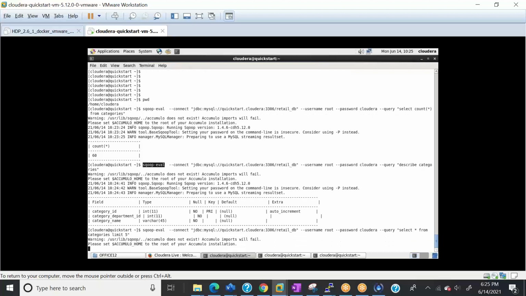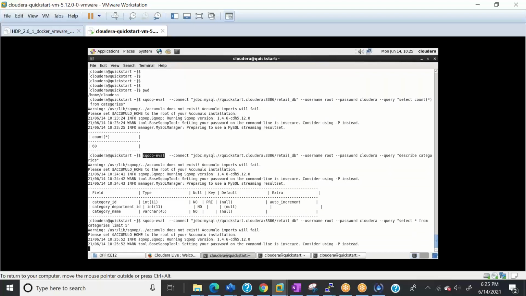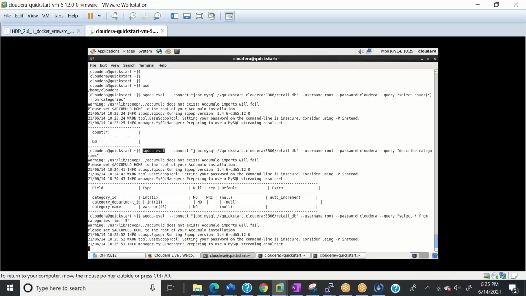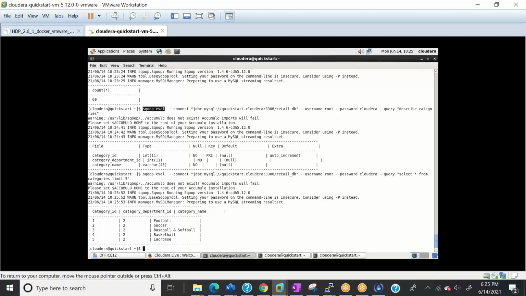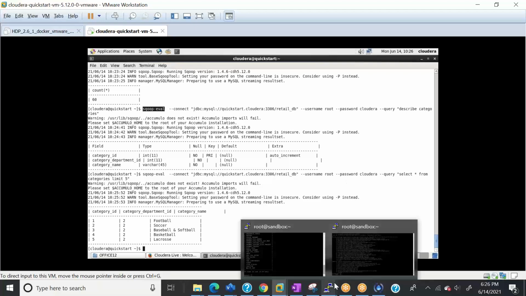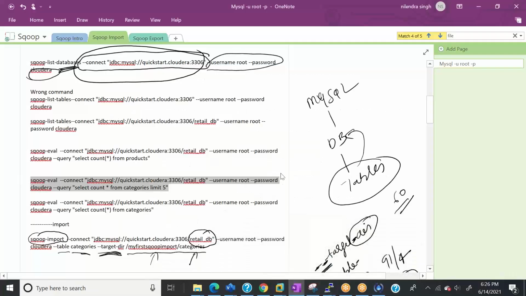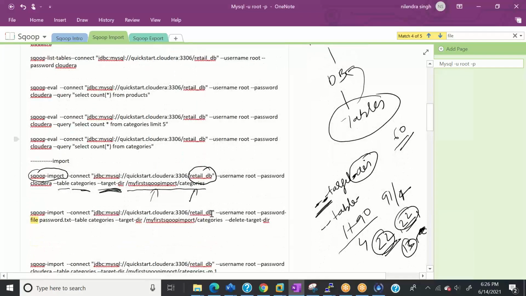It will show me the top 5 rows of the categories table. See, okay. So this is the major functionality of the eval command.